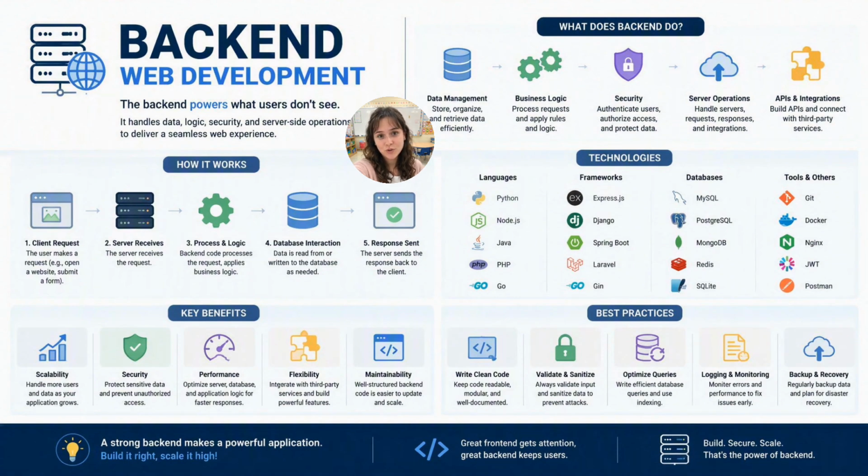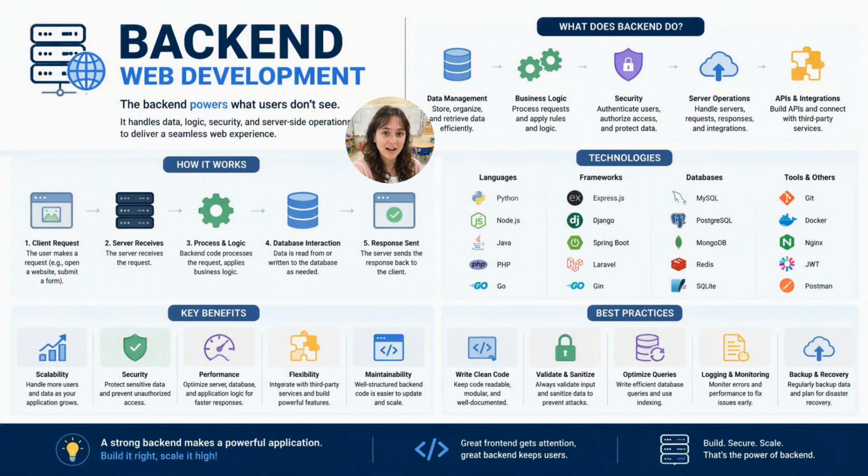To understand the role of the back end, let's break down what it actually does. At its core, it's responsible for data management, efficiently storing, organizing, and retrieving all the information your application needs. It also manages the business logic, which involves processing incoming requests and applying the rules and algorithms that make your